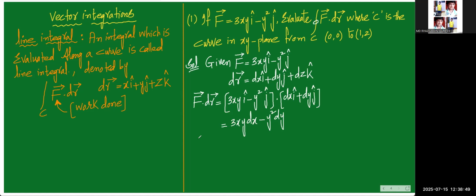Now, while integrating this one, integral over c f dot dr, it's not a closed curve. Integral over c f dot dr is equal to integral over c 3xy